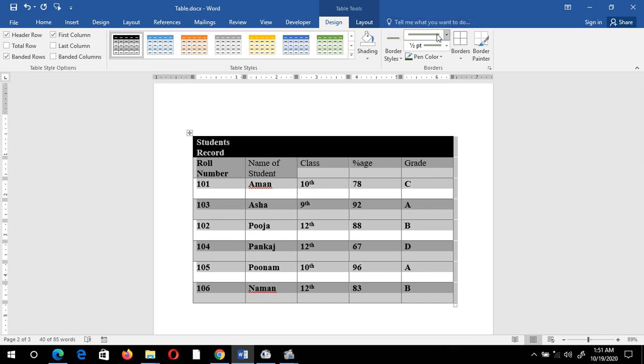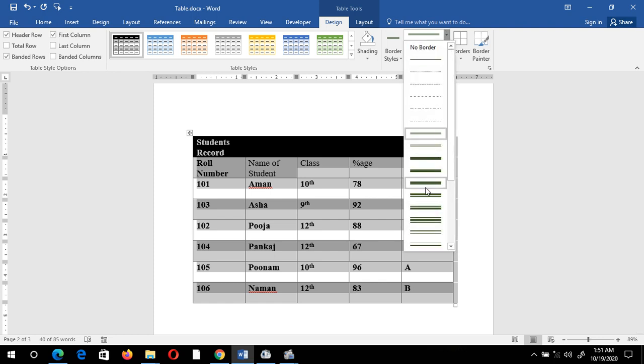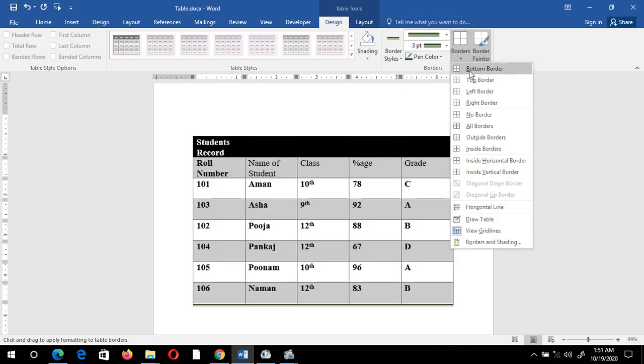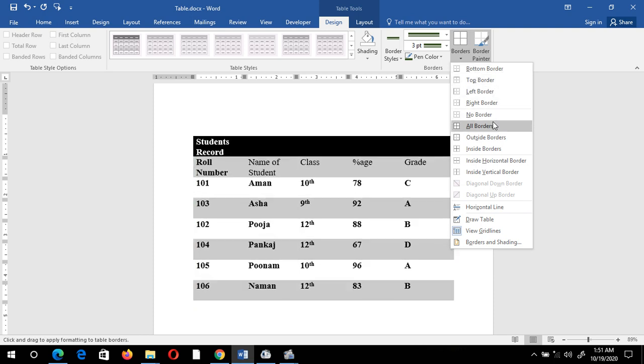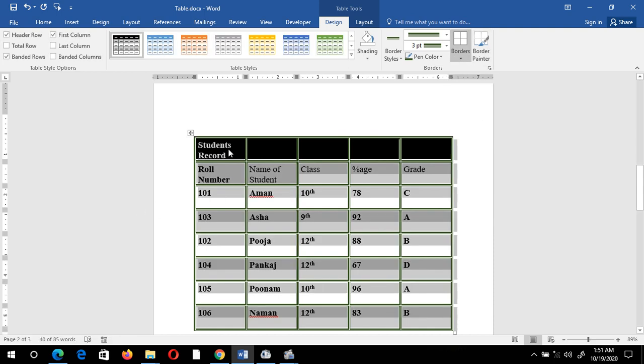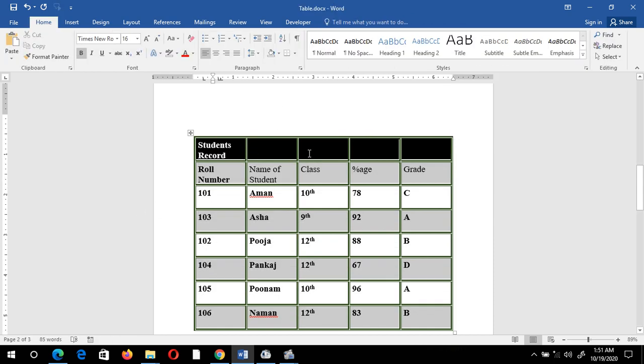First of all, I need to select the type of border. Suppose I want a double line border for my table, and now I have to select the border, whether I want to give bottom border, top border. I just want all borders for my table. Now you can see clearly all the rows and columns and all the cells.